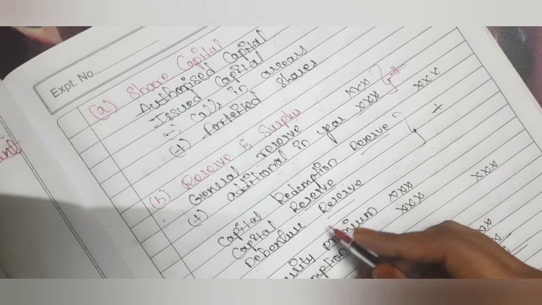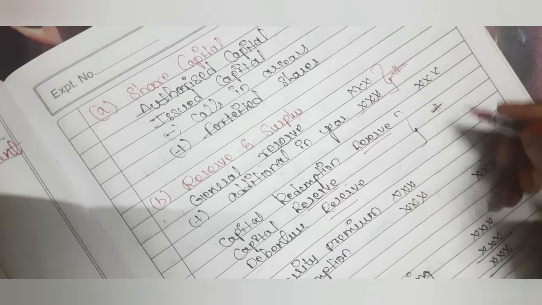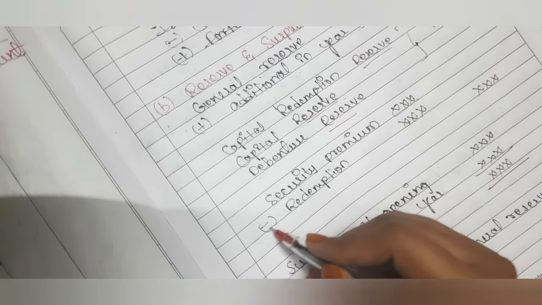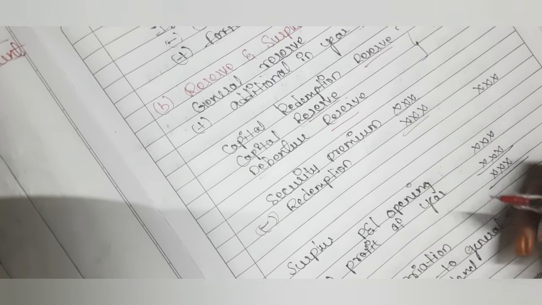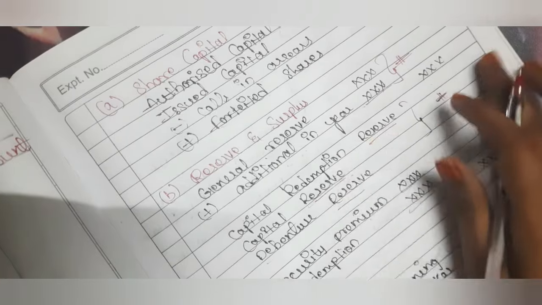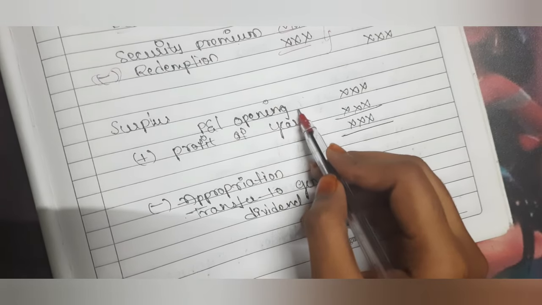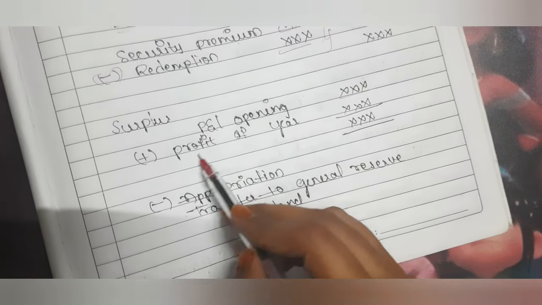कैपिटल रिजर्व, डिबेंचर रिजर्व, कुछ भी मिला तो ऐड करो, सबको ऐड कर दो। ओके, सिक्योरिटी प्रीमियम बोल के अगर दिखा आपको तो वो अमाउंट लेके उसमें से रिडम्पशन अगर दिया तो उसको माइनस करना। ये उतना ध्यान में रखने की ज़रूरत नहीं है, लेकिन रिजर्व देखो पूरे ऐड करके रिजर्व ले लेना। देन वी हैव सरप्लस। सरप्लस P&L अकाउंट की ओपनिंग रहती ना, सरप्लस में डेफिनेटली उन लोग देते ओपनिंग, वो ले लेना।